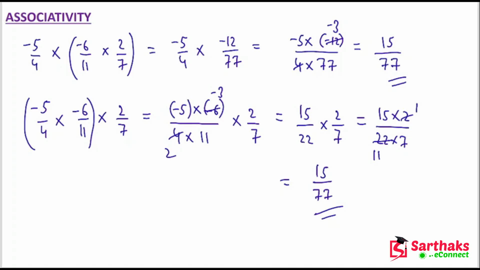Now let us move to the next topic, which is existence of multiplicative identity. Let us find out what the multiplicative identity is. We know the additive identity for a rational number is 0. That is, if you add 0 to any rational number, it does not change it, and the rational number remains itself. Similarly, in the multiplicative identity,